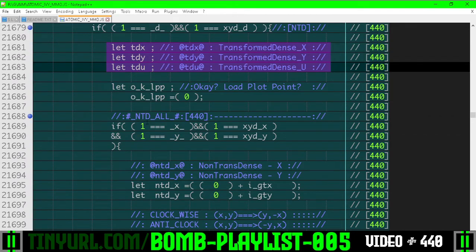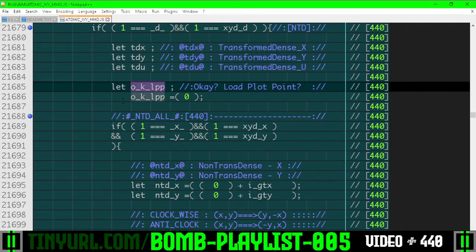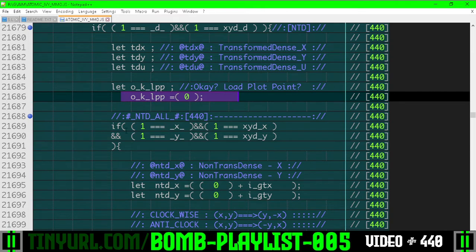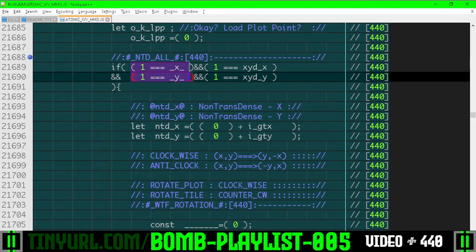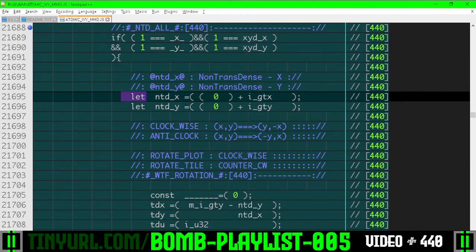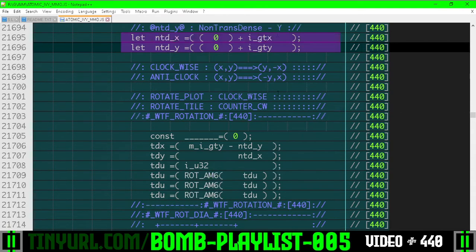We're only going to plot the point if OKLPP gets set to true, and it'll get set to true if we make one of these selections down here. So if we're mirroring on both the X and Y, and that has been selected for by the triply nested loop, and if it's been selected for by our input bit field, we're going to get the non-transformed coordinate here, and then we